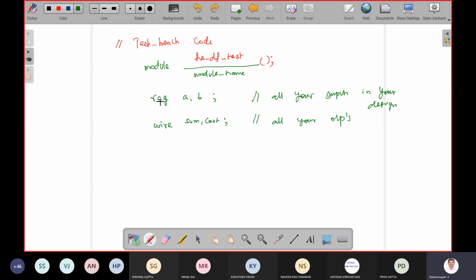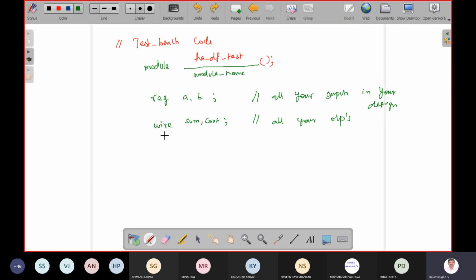But since you have two inputs, how many possible combinations do you have in your design? Four: 00, 01, 10, 11. You can modify those, no? So that is given the register type. With registers we modify 00, 01, 10, 11, and for those changes we observe the output. Am I correct? In the first line the module name, next line all the inputs as register type, and next line all the outputs in wire data type.